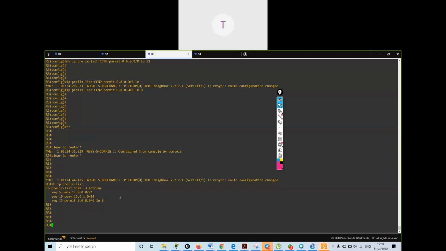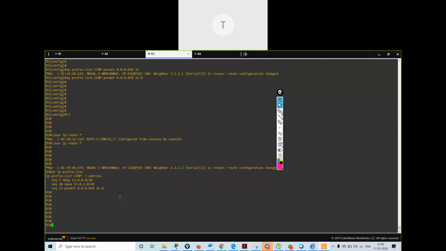Is this prefix list also deny by default, like access list? Yes, like deny. Okay. If I don't give, we can just give permit any also, right? The last statement is a permit any statement only. We can write any also, right? No, in prefix list you have to give this statement: 0.0.0.0/0. Okay. Yes.